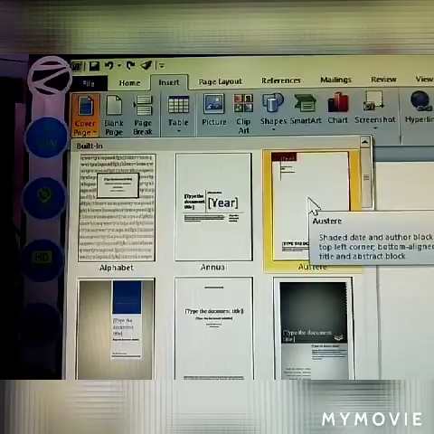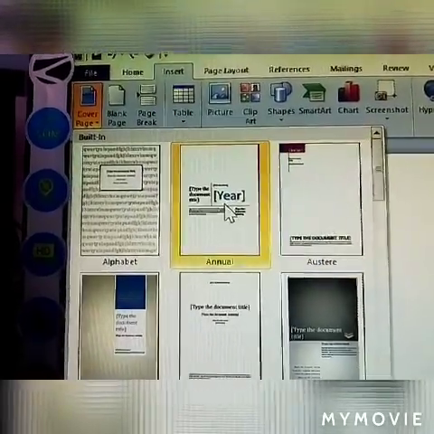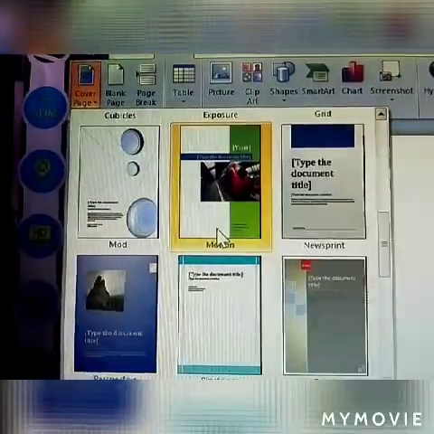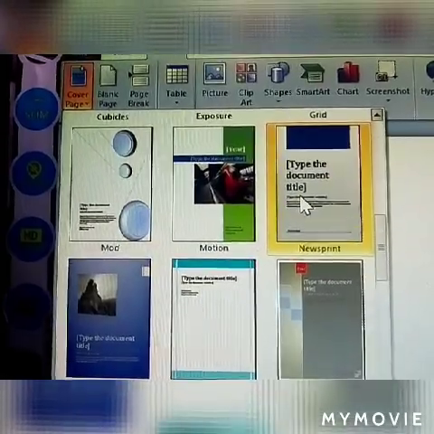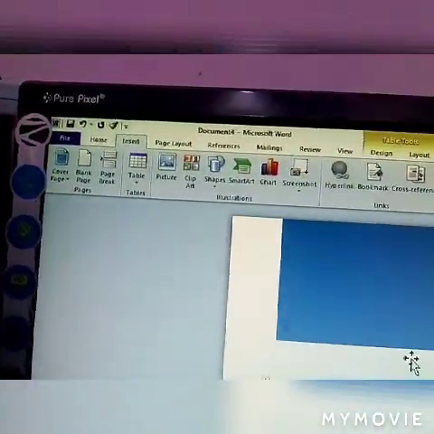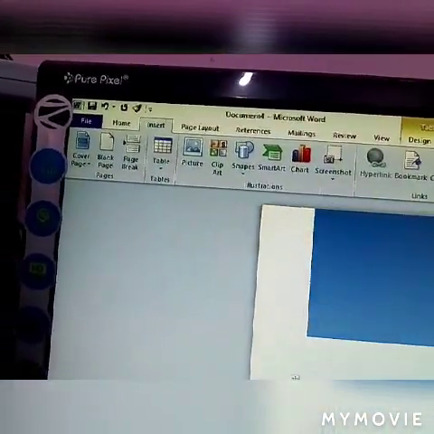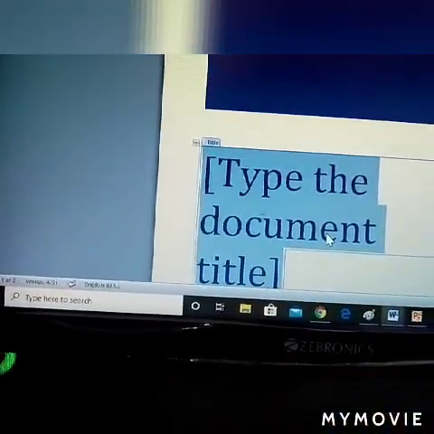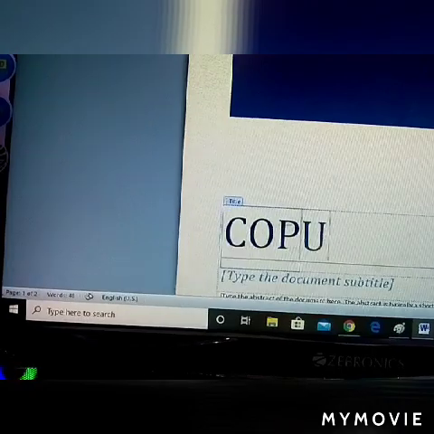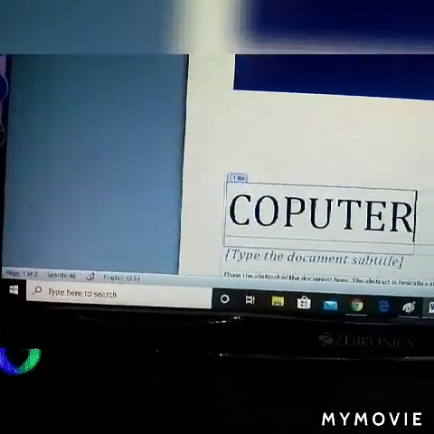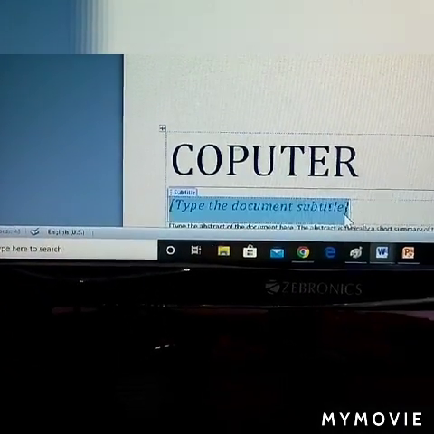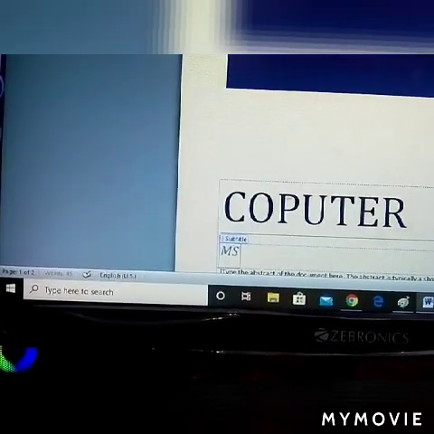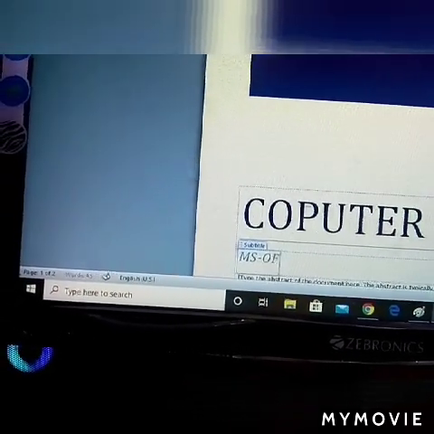What's given here? Date, time and more. I'm checking this cover page. I'm typing name, computer, subtitle, MS Office.